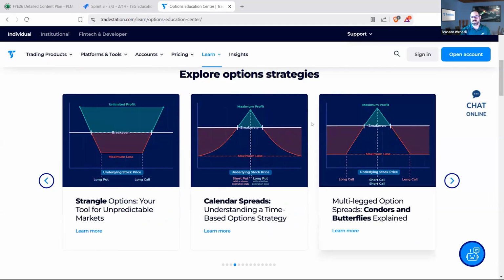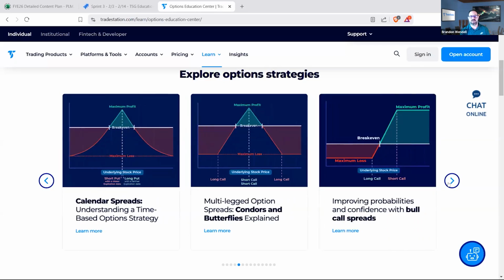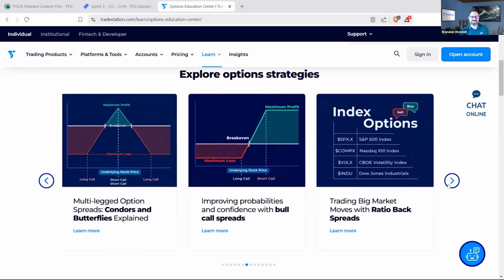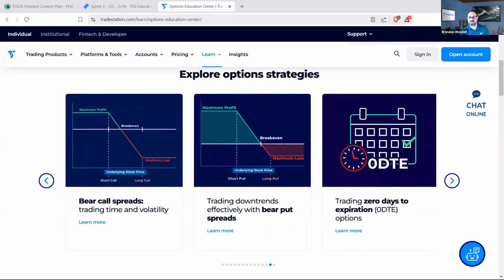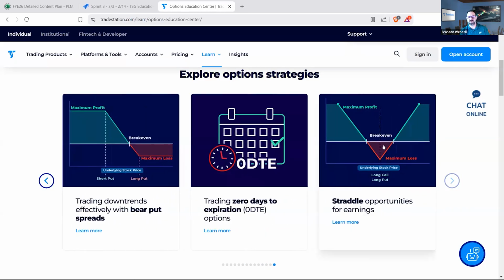And that's the nice thing about these risk profiles. You can kind of get an idea of how they might profit based on direction. Let me go back here a little bit more. It's actually one of the first ones there, just straddles for earnings. So again, we're likely to see a big move in either direction, but this little triangle, that loss triangle, rises with volatility as well. So if we can catch it with low volatility for the position, it's likely to go up very fast and increase the price.